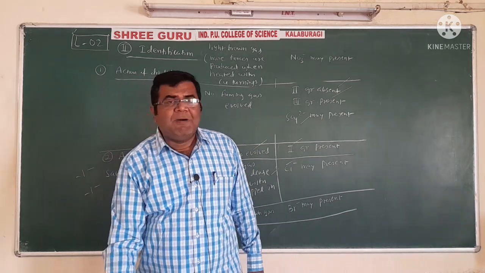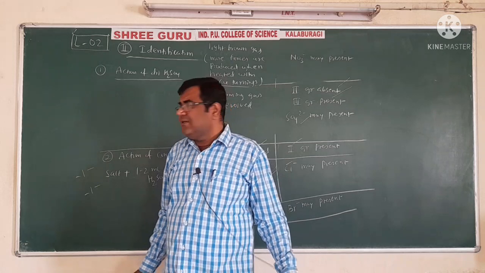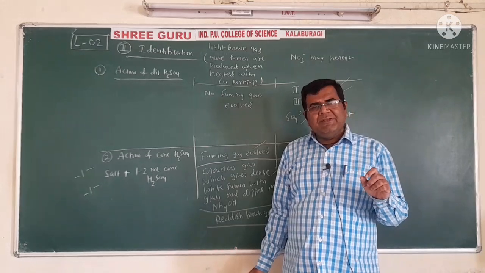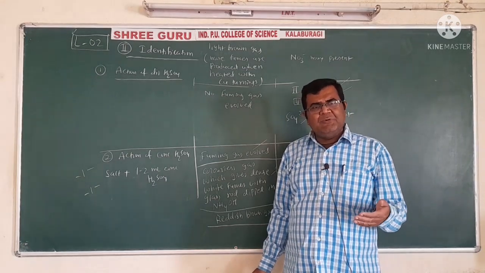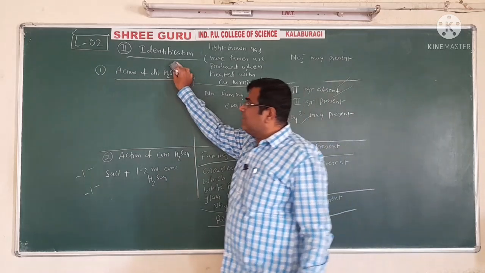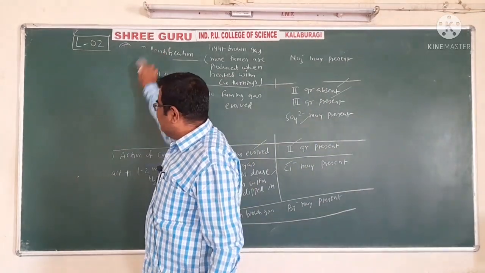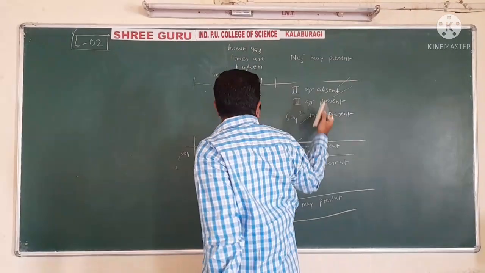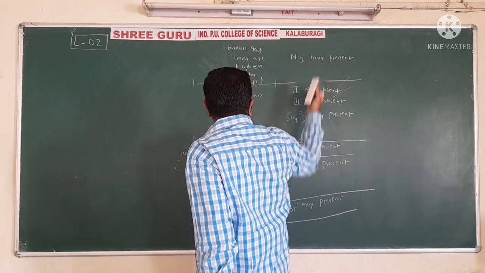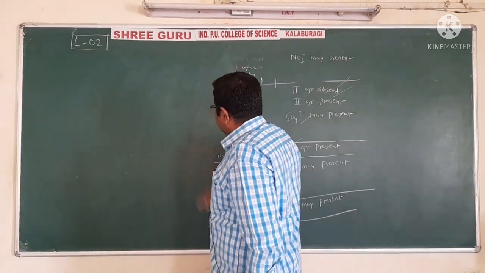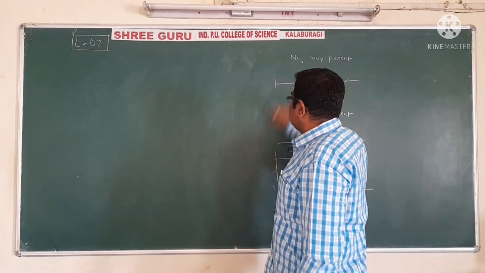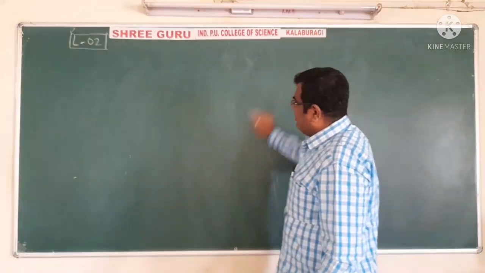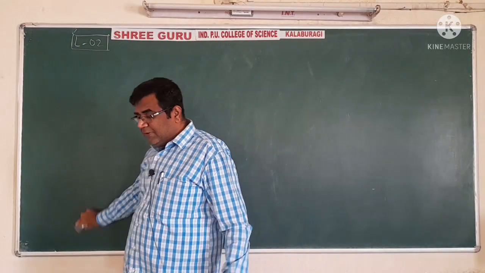Now the next 2 mark part is the confirmatory test for this radical. I will rub this. I hope that you are writing with me so that there will be a kind of revision for you. The next part is the CT, we call it confirmatory, because we have written here may present, may present, may present, but we don't know whether it is actually present or not. So a confirmatory test is required for it. And they are very specific.